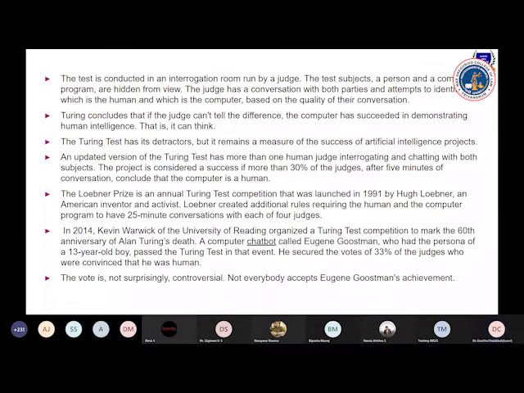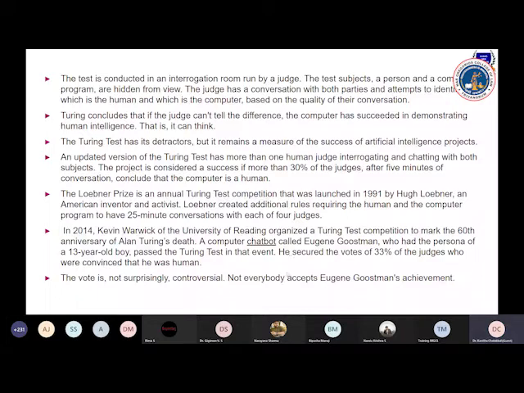So, even for the Turing test, it is not much of a score. You only need 30% of score after 5 minutes of conversation. So if 30% of the judges do not understand whether they are talking to a machine or a human within 5 minutes of conversation, that particular machine will be considered as a human according to the Turing test. Even though it looks so easy, only one chatbot, in 2014, a chatbot called Eugene Goostman,